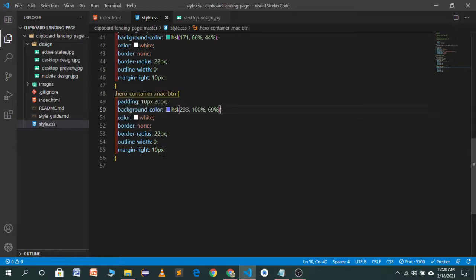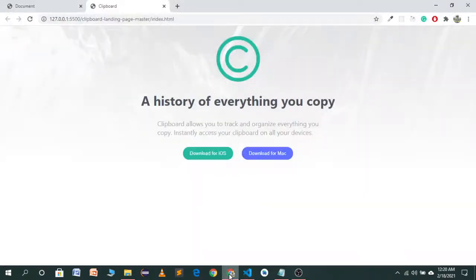It's fine. I think we have to give here margin left. So let's see. Now these buttons are looking great. I think we are done with the first section.